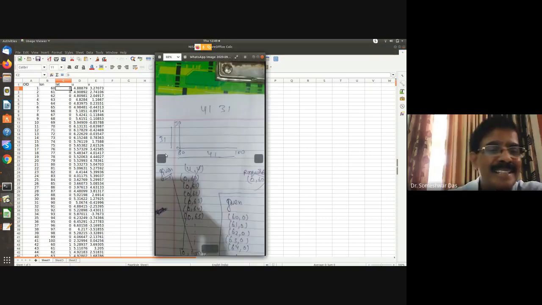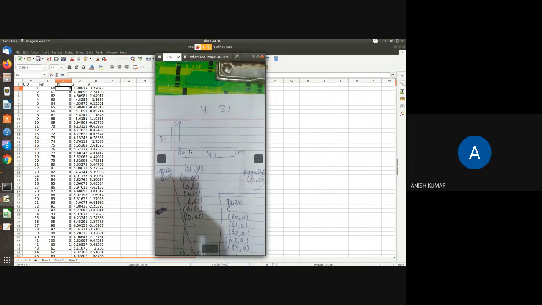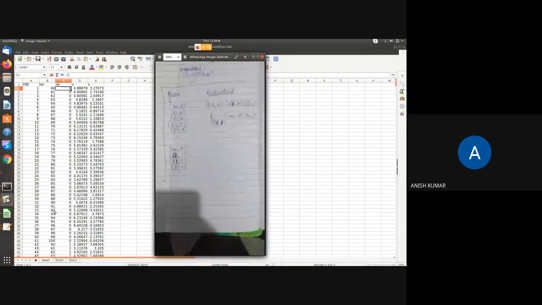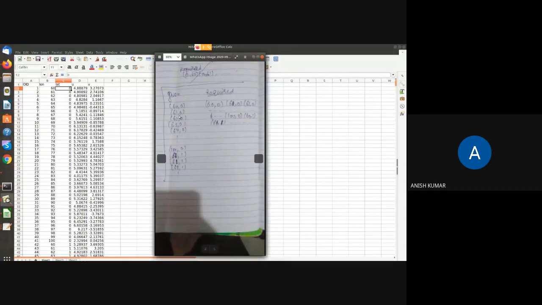Sir, actually, in my case, sir, I started from 60 longitude to 100, and in latitude x-axis 40 points and y-axis 31. And my data structure is like this. My data structure is given like 0, 60, 0, 61, where 61 is longitude and 0 is latitude and so on, sir. लेकिन whenever we try to plot in grads, I think so.